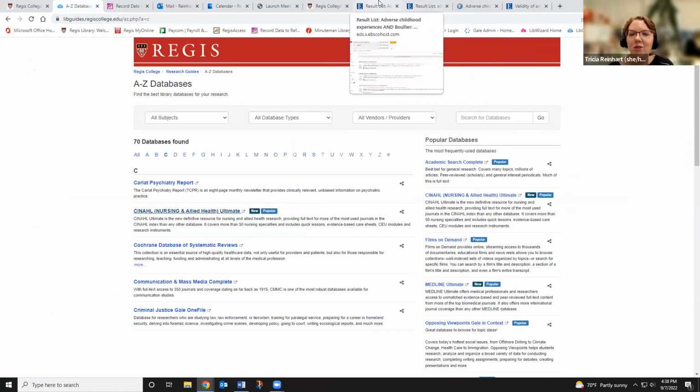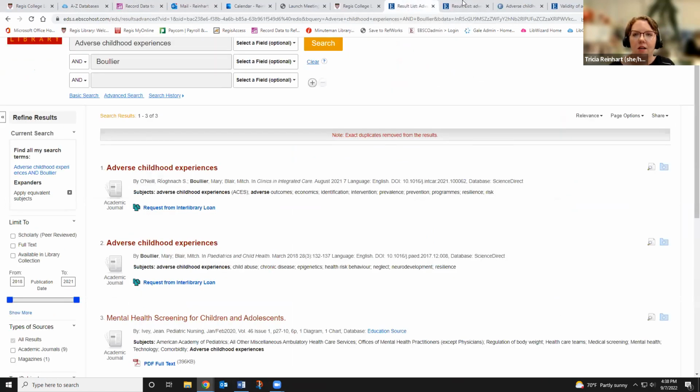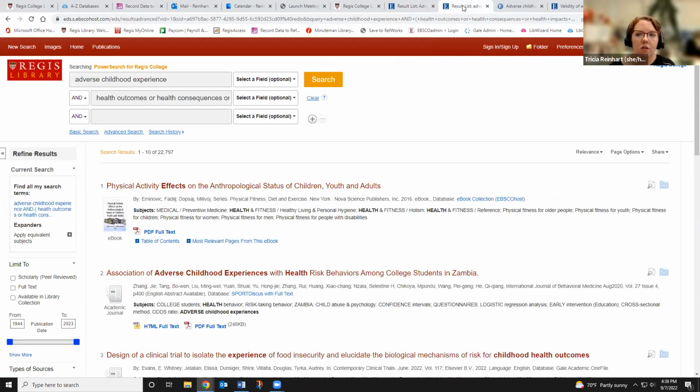So as you are working in the databases, and you may be saving your articles in your EBSCO folders, but you really want another way to collect all of these citations into one system. So a citation management software, a citation generator. And so we use at Regis something called RefWorks. You may have seen other ones like EndNote or Zotero or Mendeley. You may have seen, or may have even used other ones, but we use RefWorks. We have a